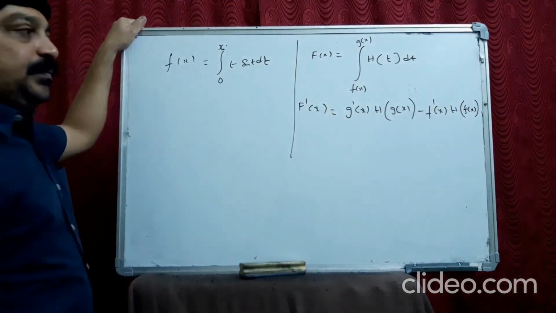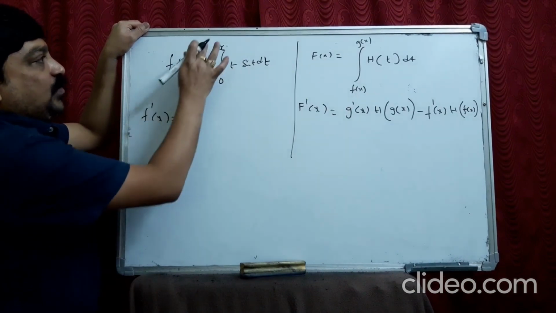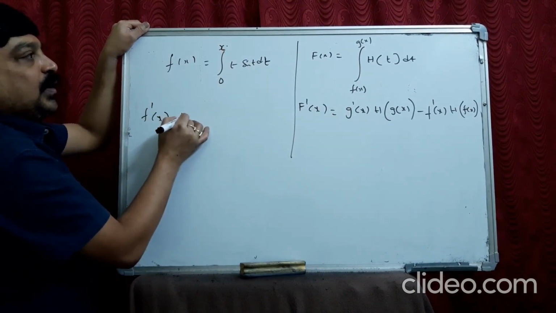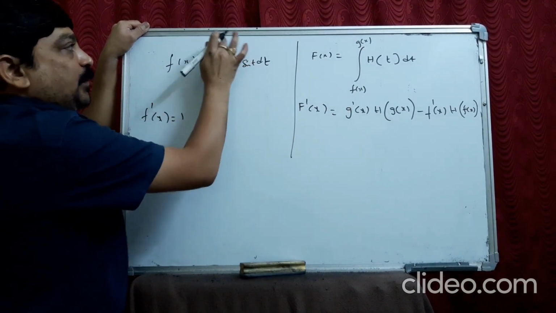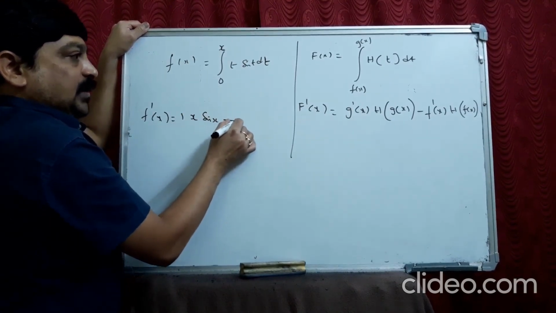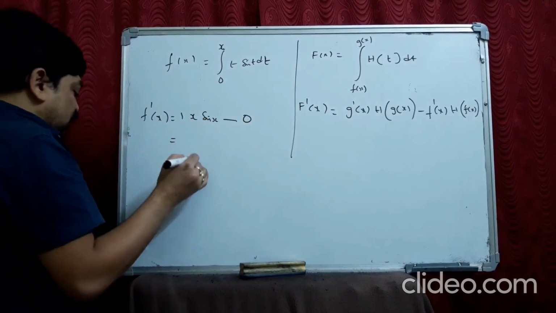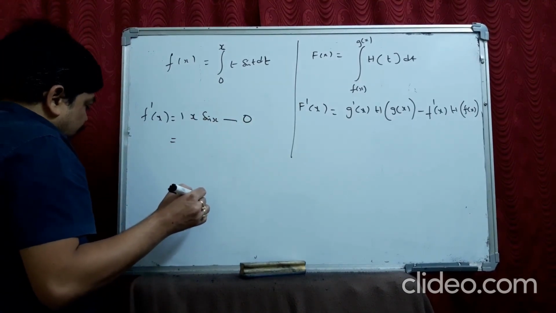This is the concept. In the same way here, when you differentiate, derivative of the upper limit 1 into, substitute this upper limit in the place of t, it becomes x sin x minus lower limit is 0, so everything becomes 0. So f dash x is equal to